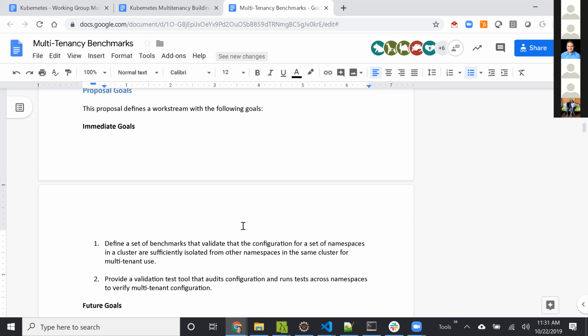And then there's the benchmark specification itself, right? That's what we're thinking. The benchmark specification provides the different profiles or levels that can be achieved based on the requirements for whoever's operating the cluster.